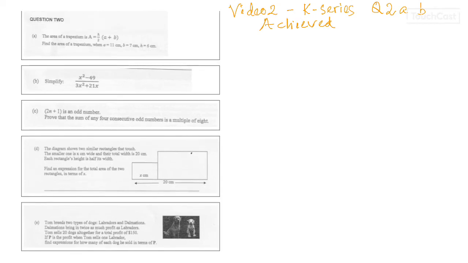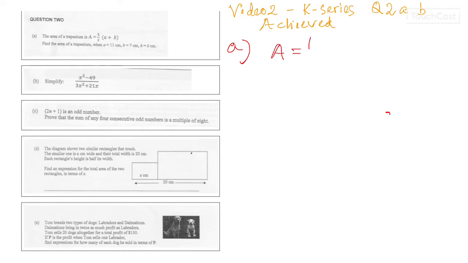This will be video 2. I'm going to call it K series, question 2a and b, achieved level questions. Okay, the first one is A. The area of a trapezium